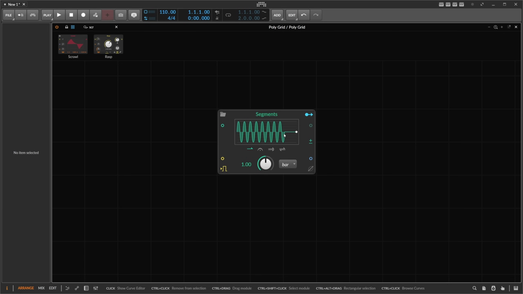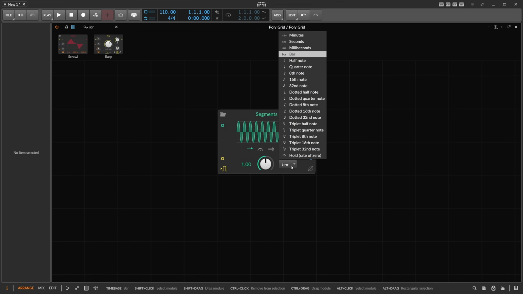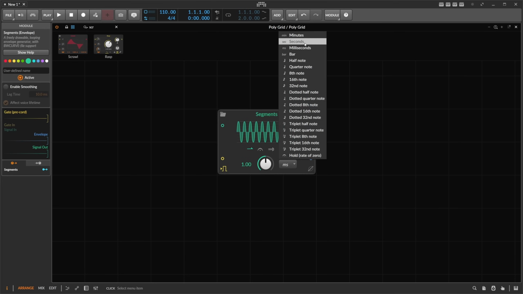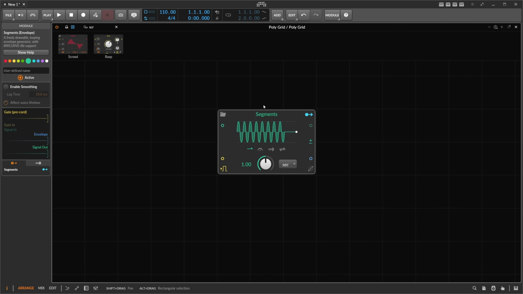We want to play this back at a certain pitch. And we only have here, let's say, minutes, seconds, milliseconds, bar, half note, and so on. So all of these ones here, down here, are basically tied to the BPM in the transport. So when I change the BPM, I basically change the playback speed of the segments. So we are stuck here with minutes, seconds, and milliseconds, and this is perfectly fine. So let's go to seconds here,